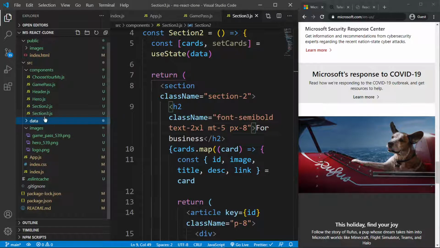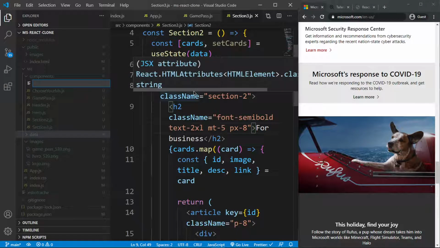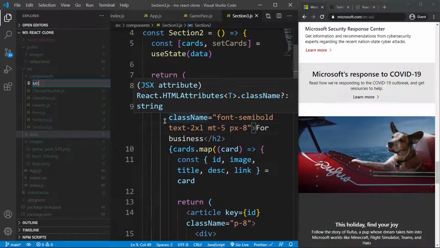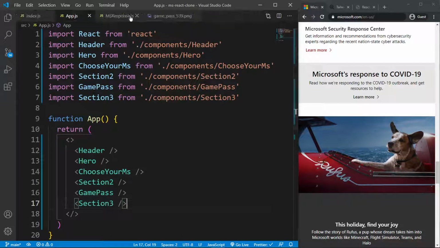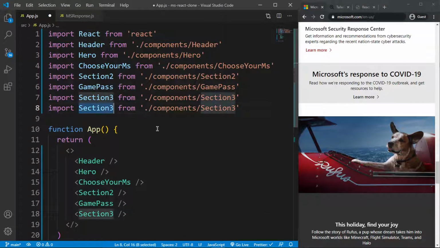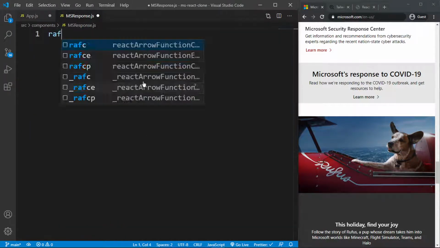So I'm just going to close my data folder, and I'm going to create another component called, what should I call this? MS response, like that. MSresponse.js. Let me render it in my app.js. Actually, let me close these because we don't need them currently, and just going to copy this down, and I'm going to say this is called MS response like that, and I'm going to render it, MS response like that,